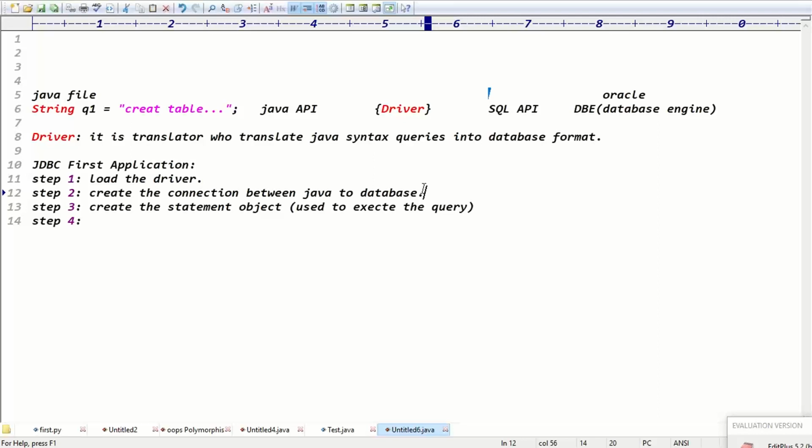The faculty never explains the flow again. The faculty explains the flow only once while discussing the first application.